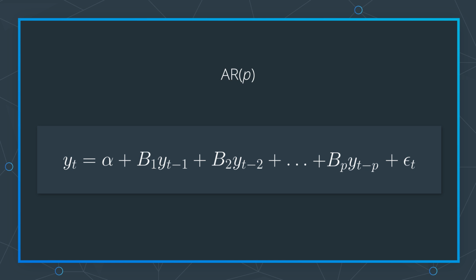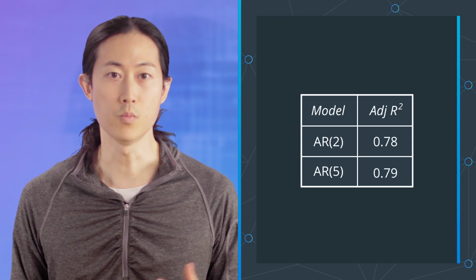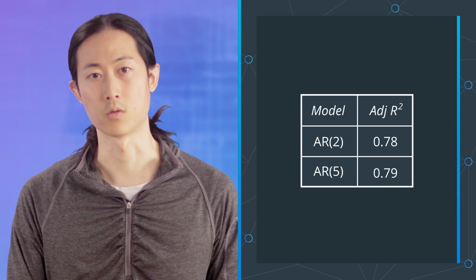We can choose different lag values to train our model and see how they perform on test data. We can check if the coefficients are significantly different from 0. If some coefficients are likely 0, then you can reduce the lag and focus the model on the more recent values. As with any regression model, you can also check the adjusted R-squared to get a sense of how well the independent variables explain the movements of the dependent variables.